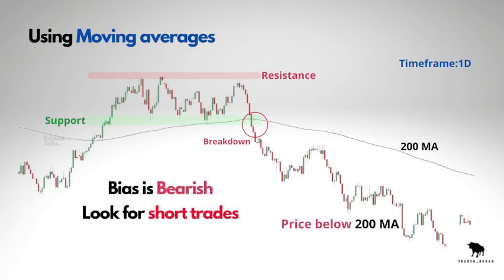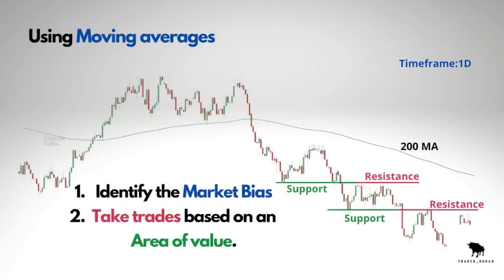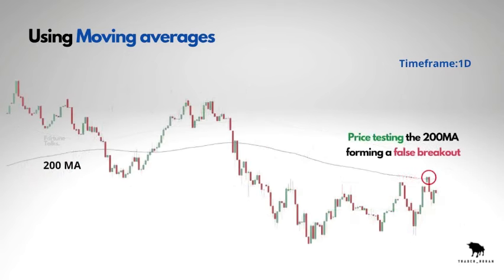Now you can have a short bias since the price is trading below the 200 moving average, and now you can look for opportunities to go short on the market. This is how you can actually use the 200 moving average to give you a bias to know whether you should go long or stay short. And after you have identified your bias, then just reference a market structure like a support or a resistance or even the moving average itself to identify the area of value that you want to trade from. And sometimes the price will test the 200 moving average, which is actually an area of resistance, and if it turns out to be a false